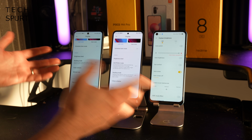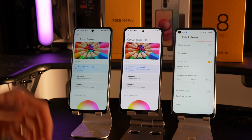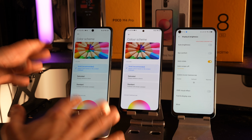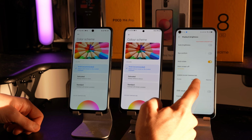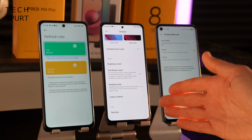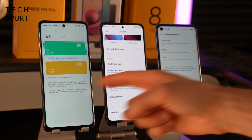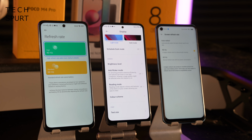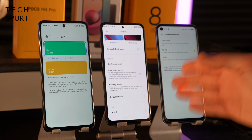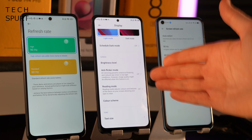You've got read-in mode / eye comfort mode, which helps to filter blue light in evening times. And you can also play around with the color output here on the MIUI devices and the color temperature at the very least here on the Realme. But of course that AMOLED tech here on the Redmi Note 10S does come at a price, and that price is the refresh rate. You've got 90Hz support here on the Poco and the Realme smartphones with their IPS panels, but because it costs more to have a higher refresh on an AMOLED panel, unfortunately the Redmi does top off